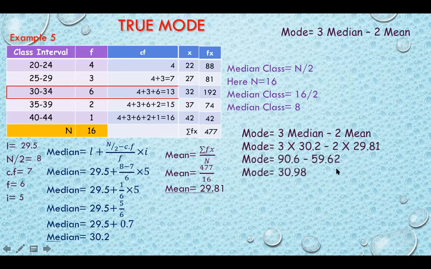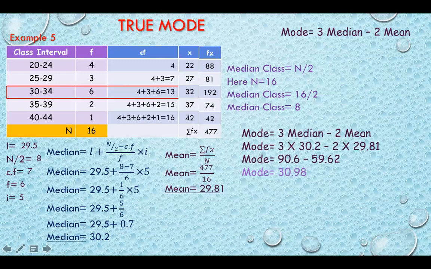Calculate this, you will get the mode. Mode will be equal to 30.98. Remember one thing, the mode should always fall in the modal class. Here we have mode 30.98, so it falls in this class interval, which we have chosen as the